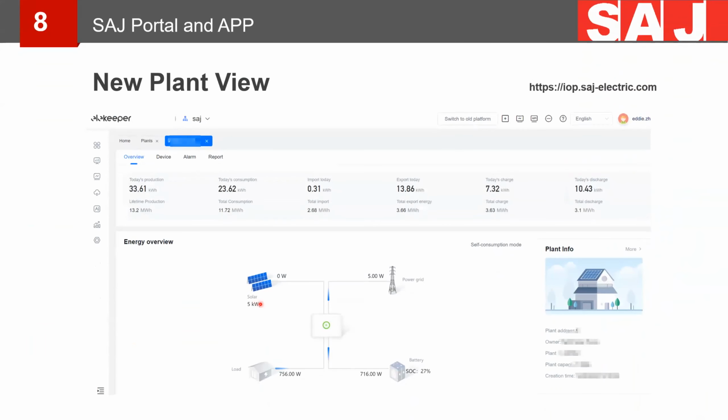Let's see it. So as we can see here, this is an overview of the generation, usage and energy storage, and all of this is shown here. We can also select the device to check the inverter, and the alarm, as we mentioned just now, to check if there are any alarms in this system, and we can find some advice on this alarm page. And also here is the report. It has the report as a list and Excel for us to see more